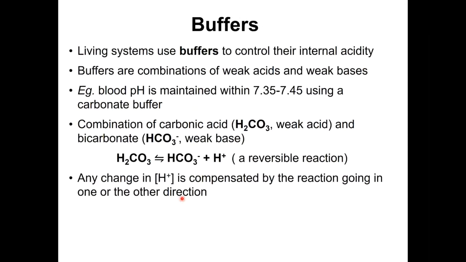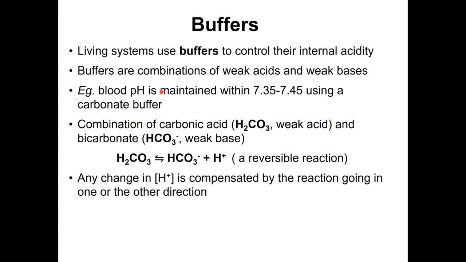How do organisms prevent all these changes, this swinging of pH, so they keep the pH stable? They do that by using buffers. Buffers are systems which consist of two components: one called a weak acid and the conjugate base, or weak base, associated with it. And these two components turn into each other depending on the pH, or the changes in concentration of hydrogen